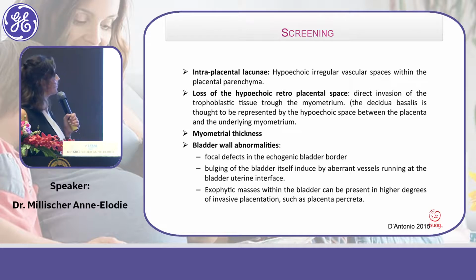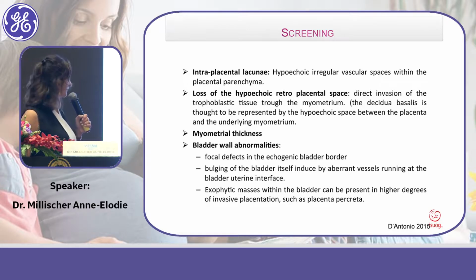Đây là cái hình ảnh của cái nhau, của phía sau nhau, mà khi các bạn phóng to lên thì các bạn thấy ở phía sau nó vẫn có cái đường echo kém, còn có những cái chỗ mà nhau nó băng qua cái đường echo kém mà nó đến gần phía trước bàng quang luôn. On this movie, you can see that there's a lot of lacunae, and you have a completely loss of the retroplacental space. Và trên cái hình ảnh này các bạn sẽ thấy được các lacunae và mất hoàn toàn luôn cái khoang phần echo kém phía sau nhau luôn. With placenta just near the serosa of the bladder.